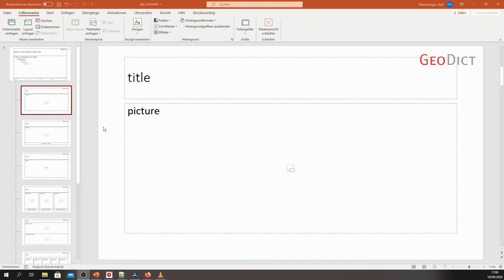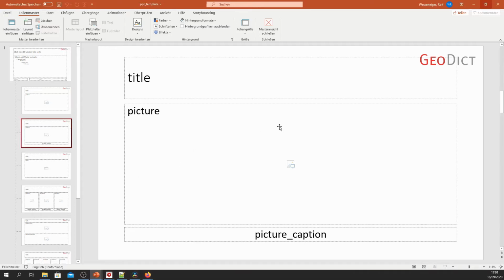The advantage of this approach is that the design and the code logic is separated. So someone who doesn't know how to write Python code can still change the design and replace the template file, and you rerun the macro and the resulting report is going to look different. Now I'll close this template file.